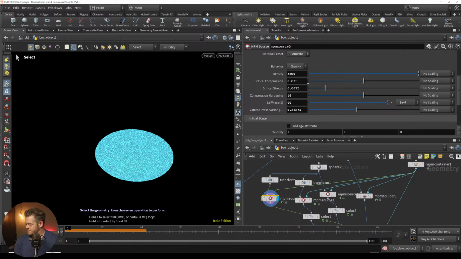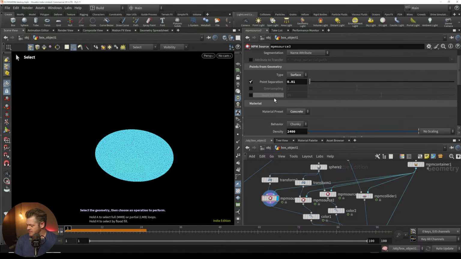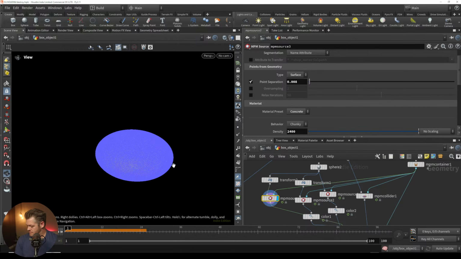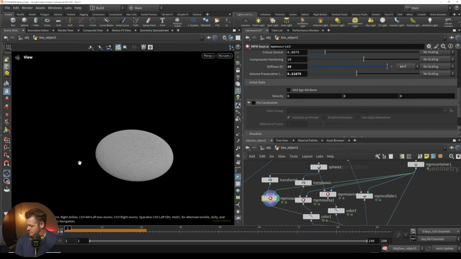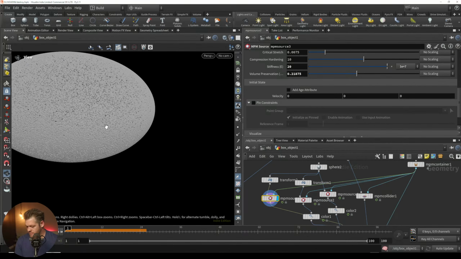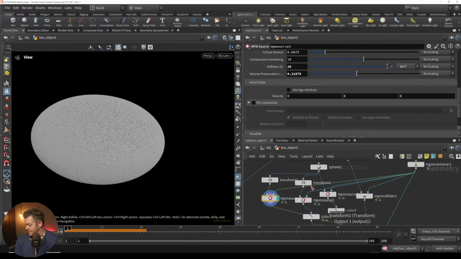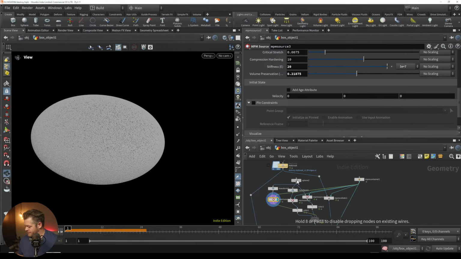Okay, I was gonna come back in here and chunk. Let's see, critical compression, critical stretch, stiffness. Do we turn the stiffness down to like 20? Would that change the size of it? Also want to see if I can do 0.8, make these even closer together. So we now have these little pieces. So yeah, if anyone knows how to change the constraints,